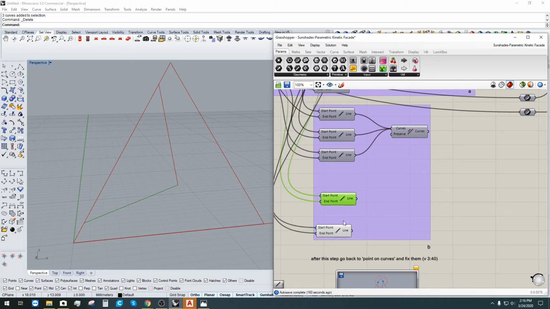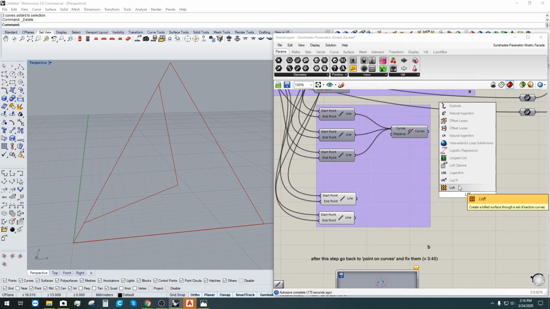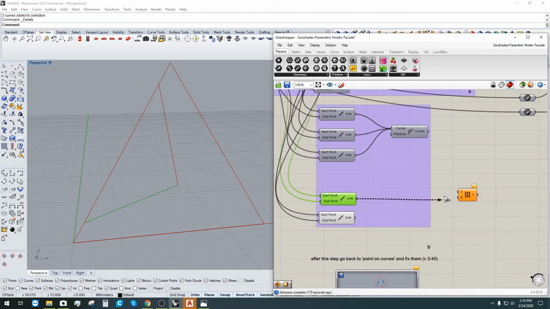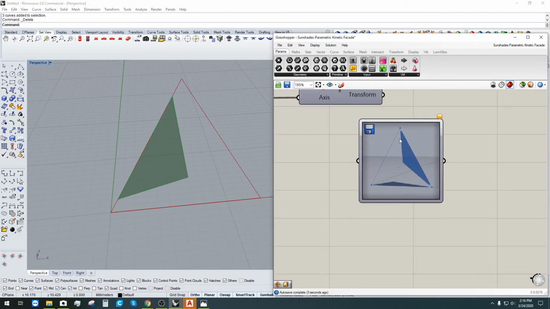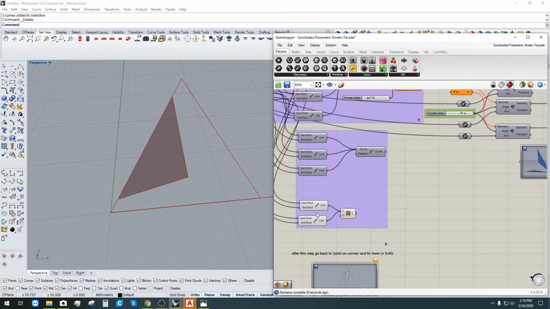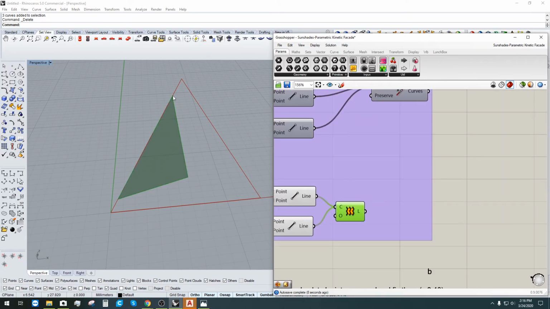So we have these two lines. What we did before is, to create a plane, we can create a loft. So a loft from here to here. Cool. So now we have a little bit of this, and since we have this lofted, all we need to do